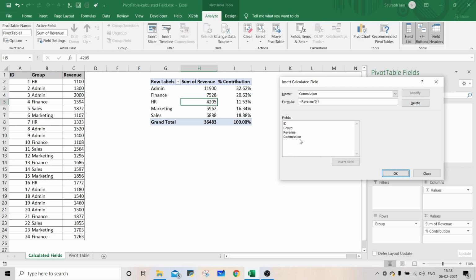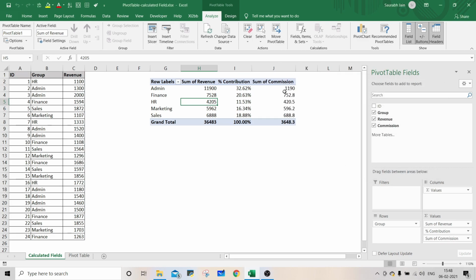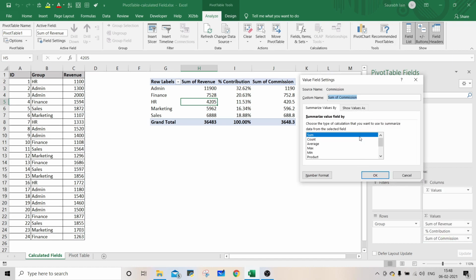The commission is now added in the fields box. Click OK, and the commission is now added in the pivot table. Again, you can change the heading. Click on the drop down, select value field settings and add the commission value. Click OK.